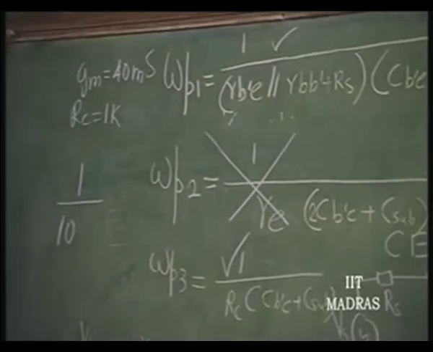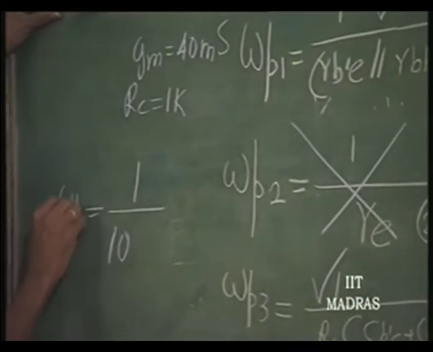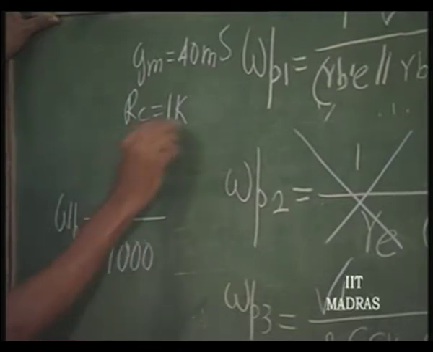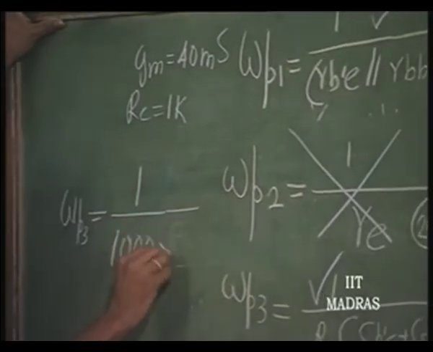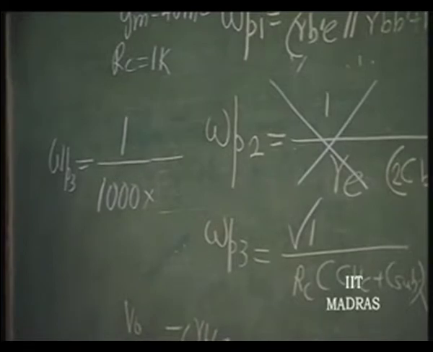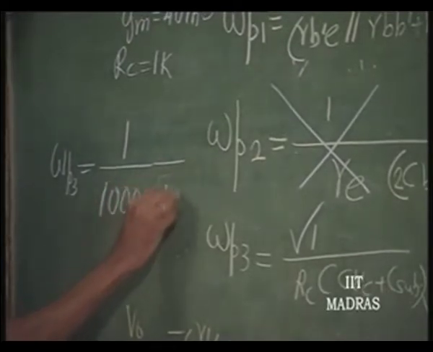So, now omega p3 is going to be Rc, that is 1 kilo ohm, into, let us take the C b'c typical value. With integrated circuits, these will go to fractions of picofarads. Maybe with individual discrete circuits, we can take a typical value of 1 picofarad, let us say. If it is 1 picofarad,